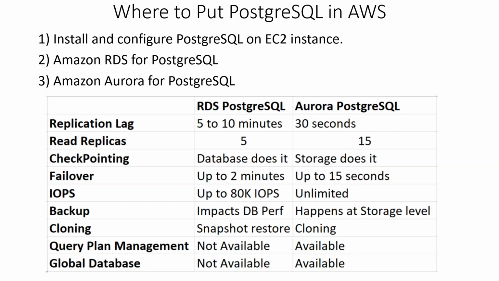Second thing is the read replica. Read replicas primarily help reduce the load on the primary database instance by offloading your read workloads to the read replica database instances. In RDS, you can create up to 5 replicas of a given source database, and in Aurora Postgres, you can have up to 15 read replicas, which helps to scale out read workloads and also gives you a bit of high availability.